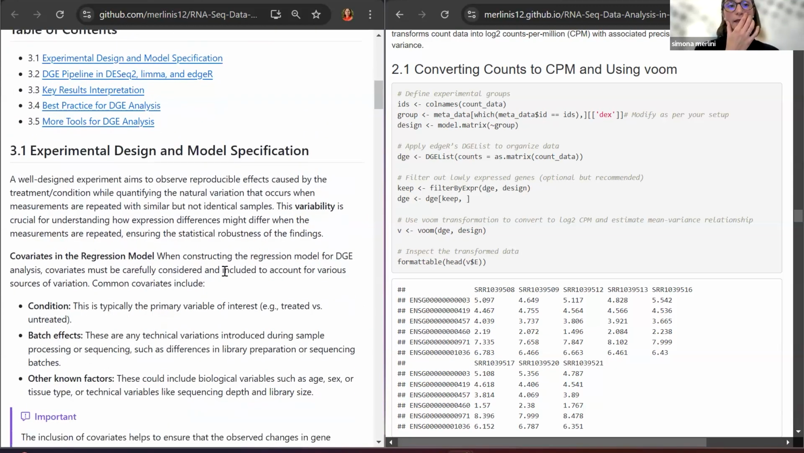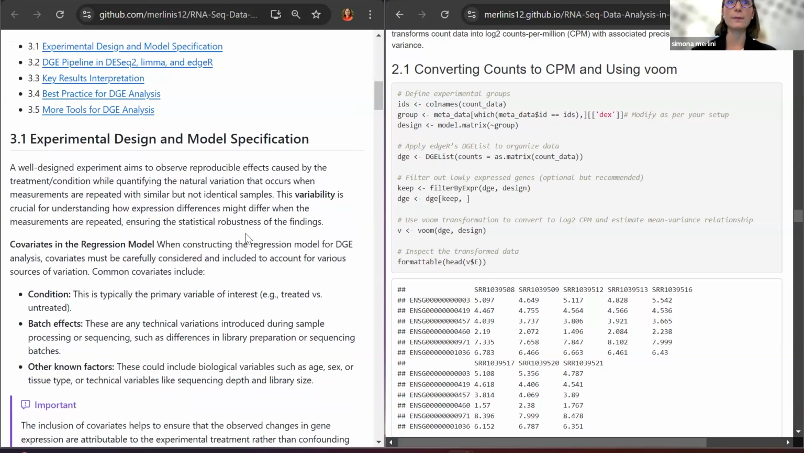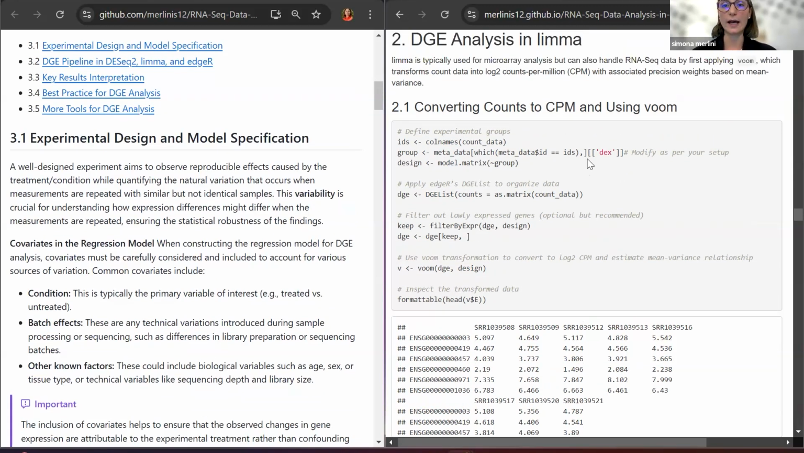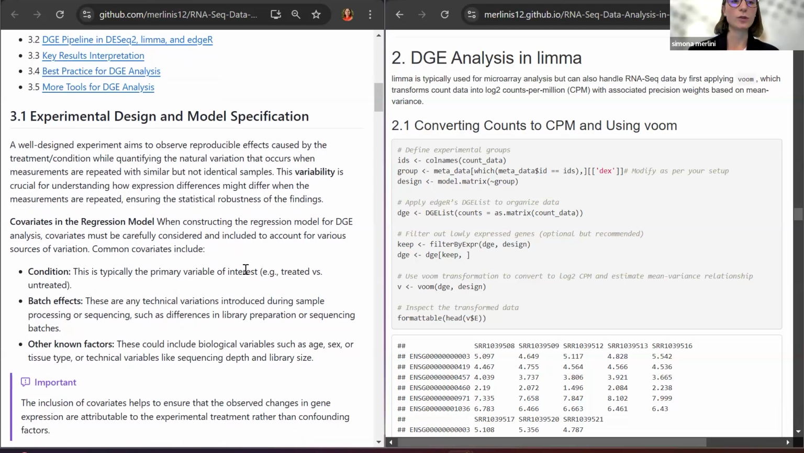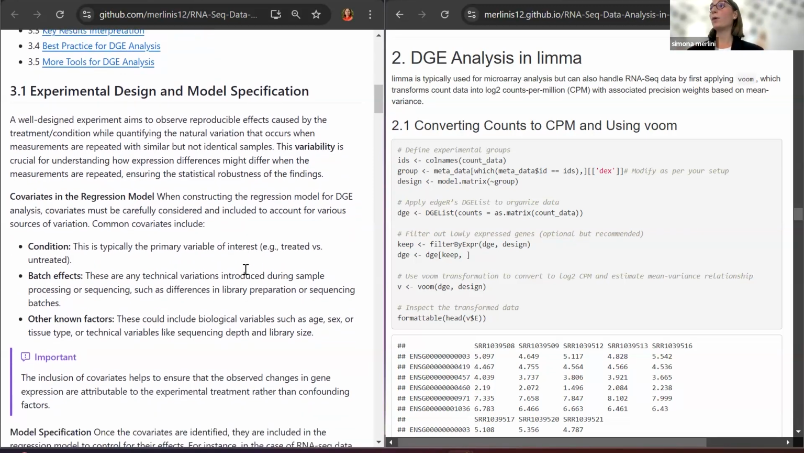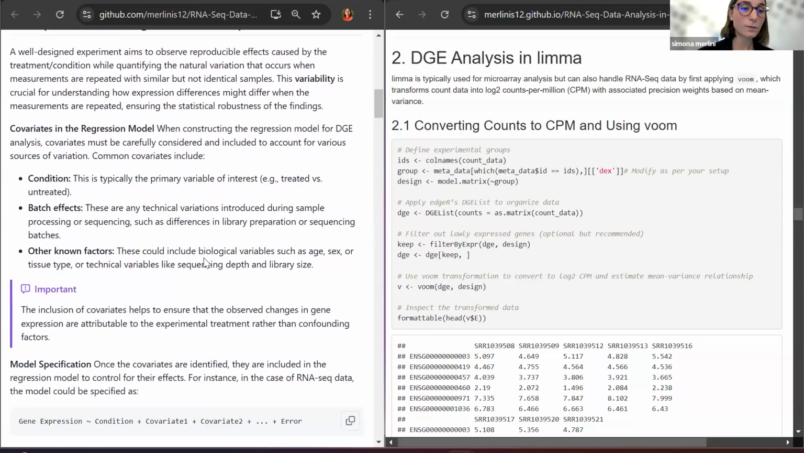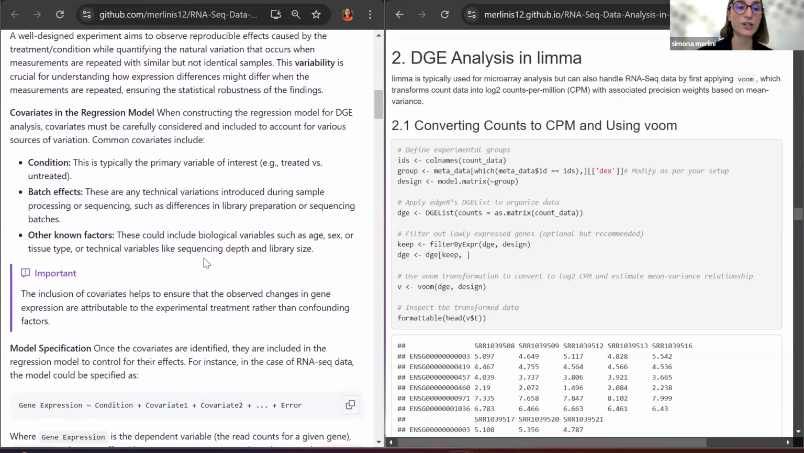And so for the experimental design and how to build the model to put into limma or the DESeq2 tools, you need to take into consideration what you want to model in your regression. That means that usually with linear regression, you have for each gene the expression of that gene, and you want to regress how the condition, that for us is treated versus control, impacts the